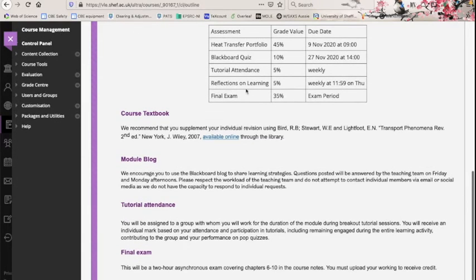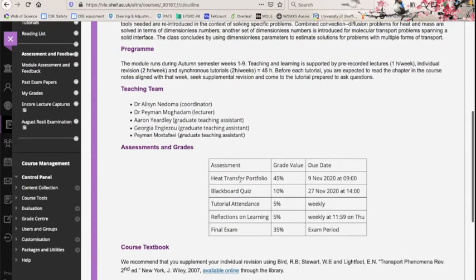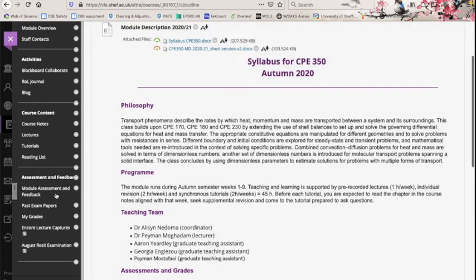And the last part of the assessment is a final exam, which is only worth 35%. It's only going to cover the content in chapters 7 to 10, and it will take place during the exam period. All right, so about this heat transfer portfolio and these reflections on learning, if you want to learn more,